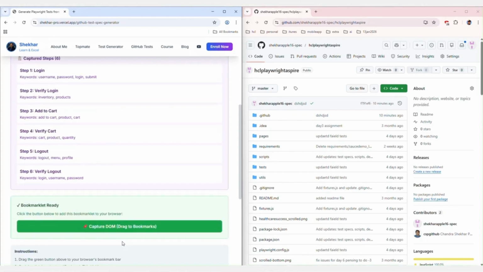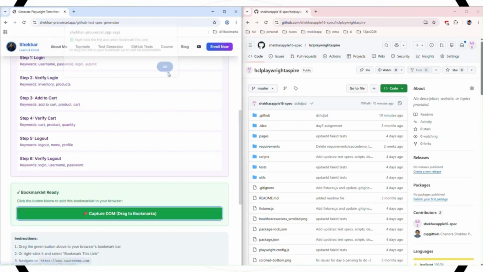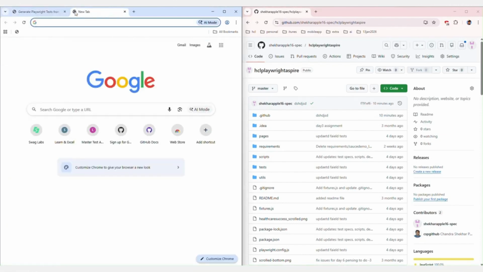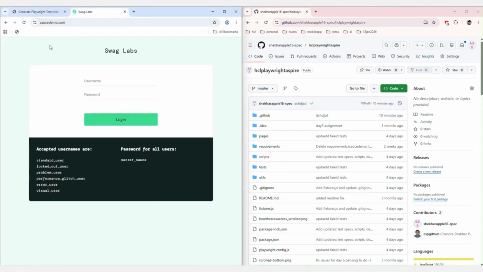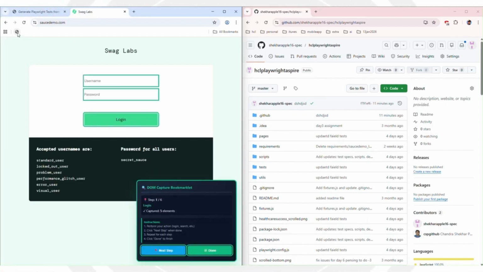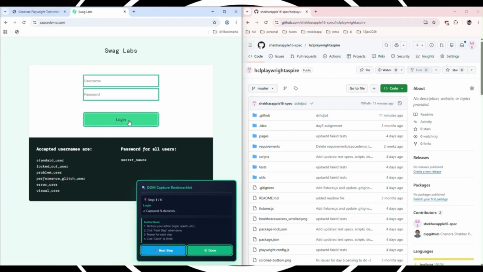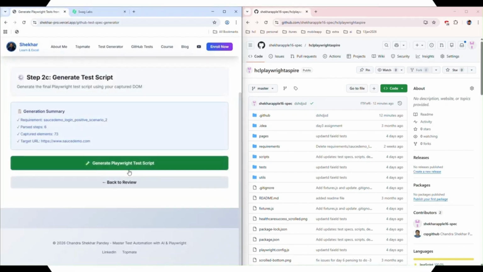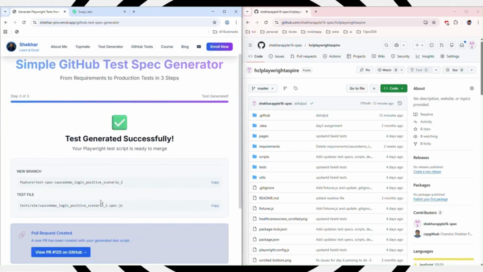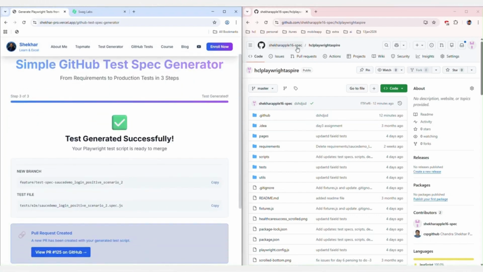But it doesn't just write code. It pushes the branch and creates the pull request for you automatically. No manual copy-pasting, no terminal headaches. Just clean, version-controlled automation. If you're looking to scale your Playwright framework without the manual grind, this is the tool